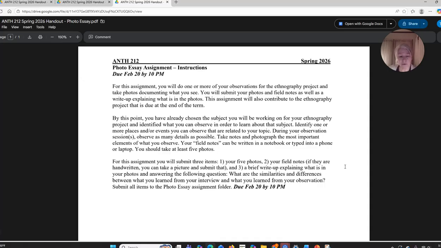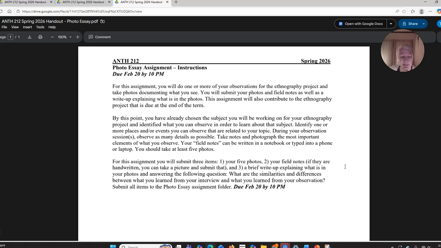And then the third thing is a very brief write-up about what your photos show, essentially, right? First of all, just say, here are my five photos. The first one is a picture of, back to the idea of you doing something about a church, here's a picture of how the pews are organized. Here's a picture of where people submit their donations, their money. Here's a picture of the altar. Here's a picture of the main religious figure, whatever, right? Just give me your five photos and a little blurb about what they show, so I understand where they are,